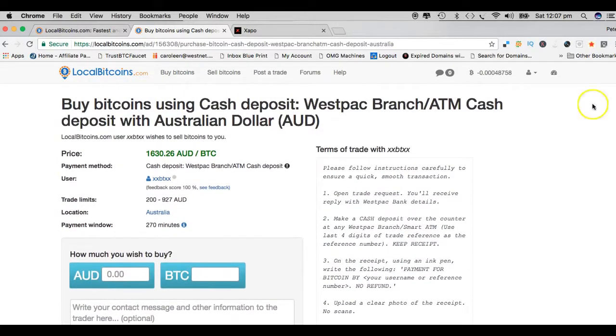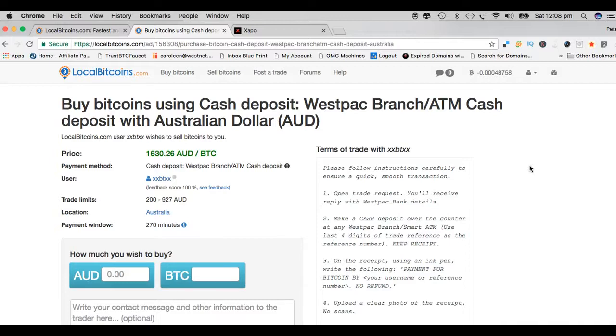That's where you find that information anyway. So once you've decided on that, you simply fill in these particular fields here, how much you want to buy. You put in the dollar amount or the peso amount or the yen amount or wherever you happen to be. That's where you enter that information. It will then convert that to how many bitcoins you're going to get, and you follow this process, and that will